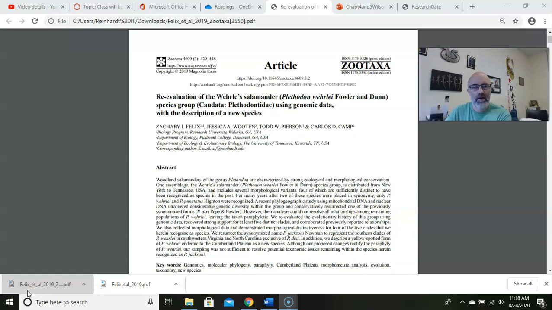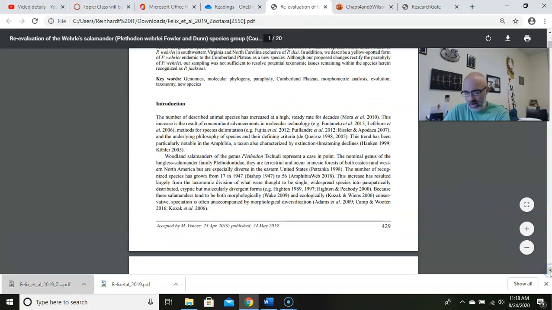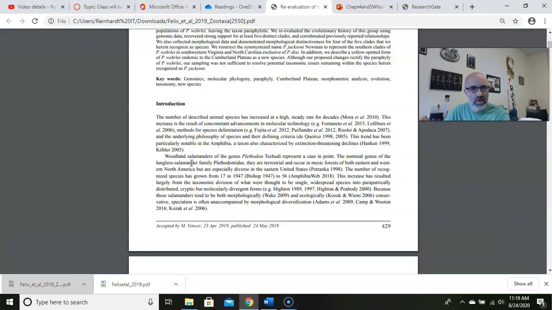So just want to kind of be sure to read through the abstract. That gives you a really good broad overview of the paper and the study, and should help you to orient yourself as you read through the paper. And again, the introduction, beginning here, gives us an impetus for why we did the study, about describing species, gives you a little more information about specific